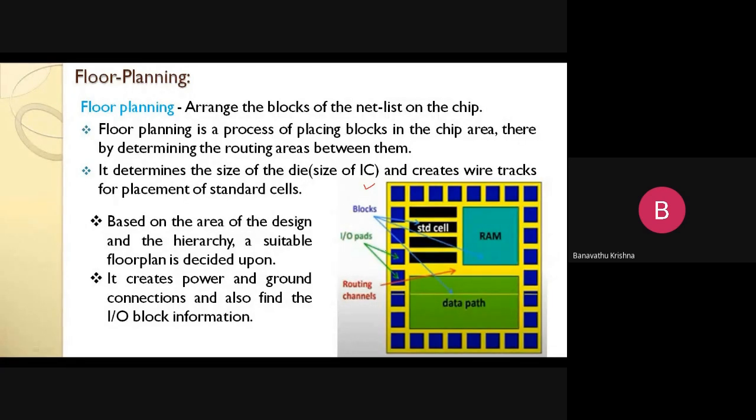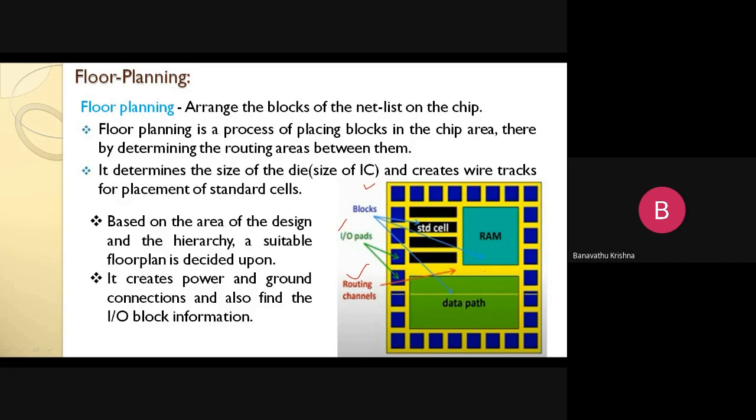And here, the boundary of these blue boxes acts as what we call IO pads. Why am I saying IO pads? They are nothing but input pins and output pins. Both are active; those pins act as inputs as well as outputs, right? And here these are the routing channels. The yellow spaces are the required space to make the connections between the modules we are going to place here. We have to make the interconnections between the modules.